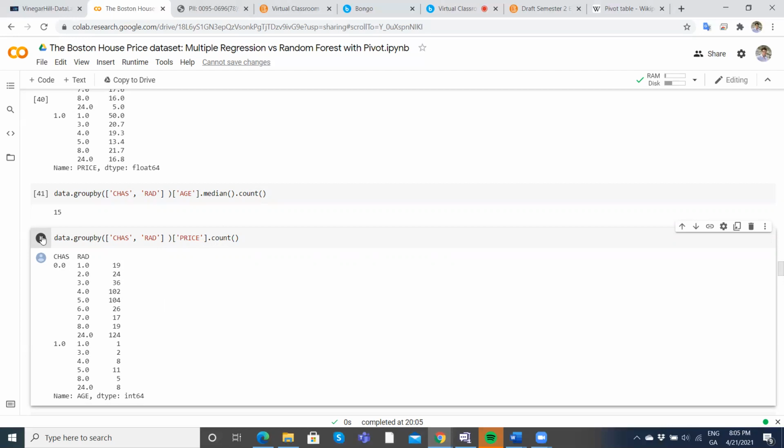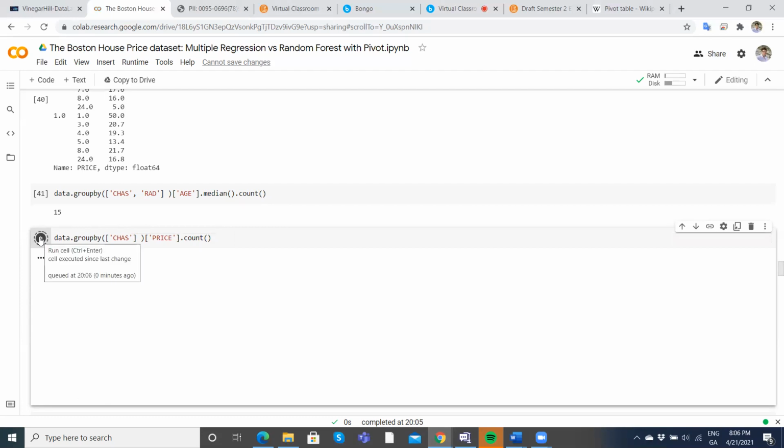So if I run that, I'm getting, well, it's not actually throwing out price at all, median price, it's just counting. And for instance, if I removed RAD and just left in Charles here and executed that,